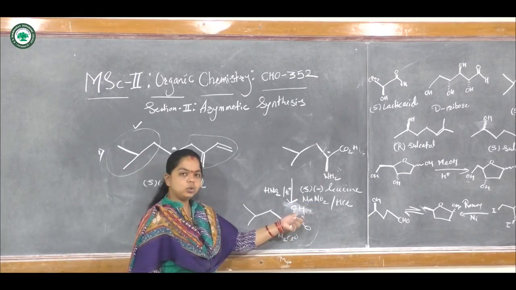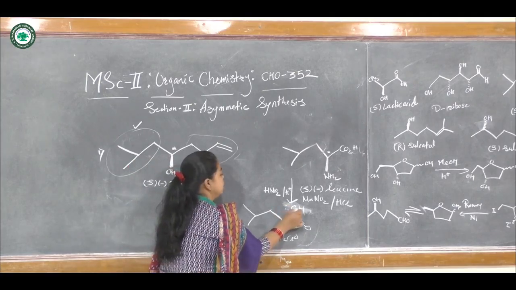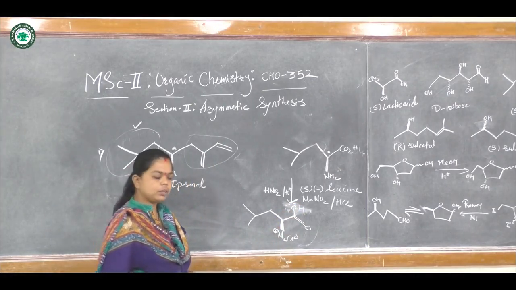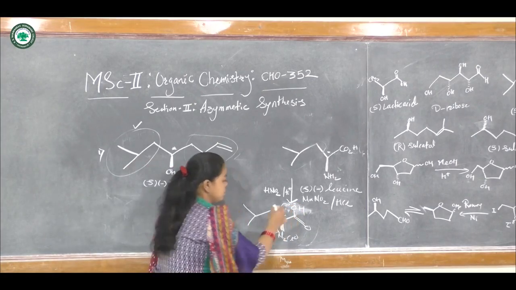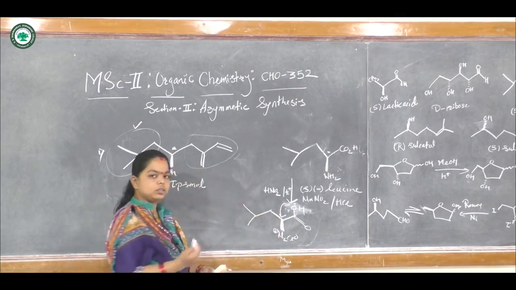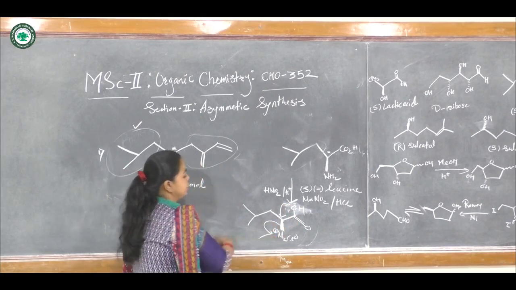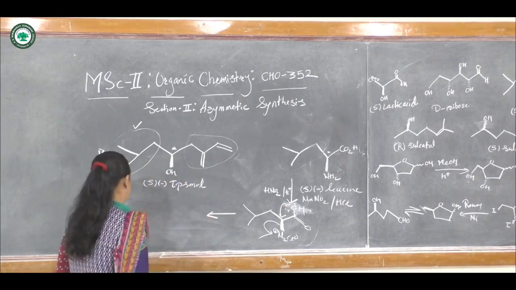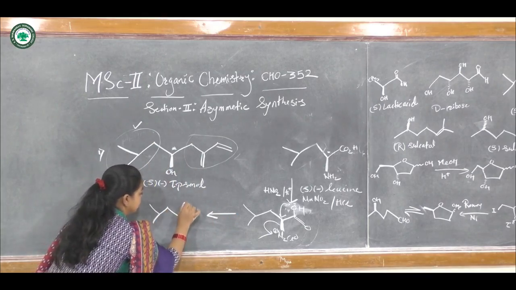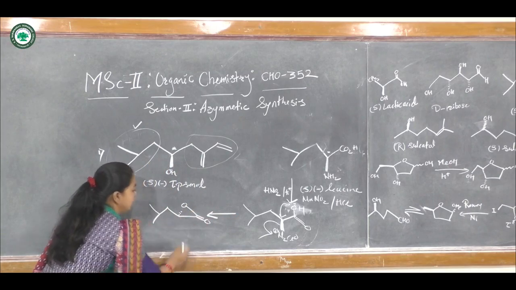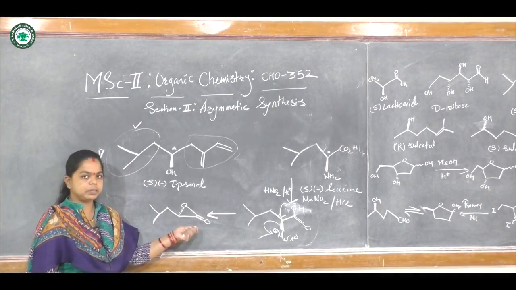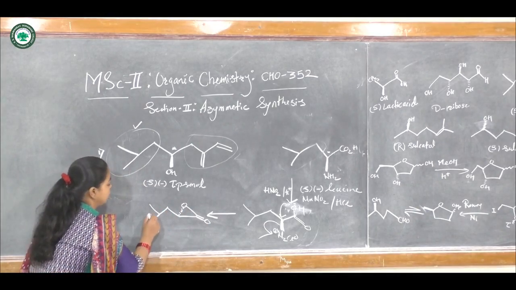On the back side, an OH group is present, and this OH group, having a lone pair on oxygen, may act as an internal nucleophile. So an intramolecular SN2 type of displacement occurs. This OH group attacks this carbon from the back side, and the N2 is present on the front side. It is a good leaving group and can be easily removed. We get the corresponding alpha-oriented lactone, a 3-membered lactone. Now this lactone on hydrolysis